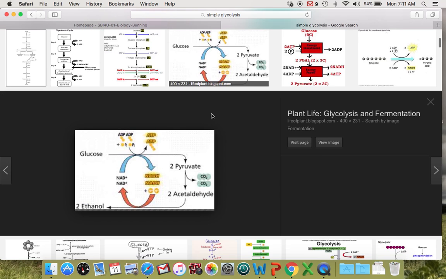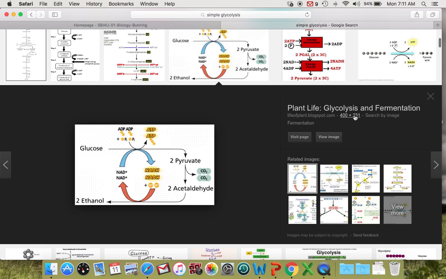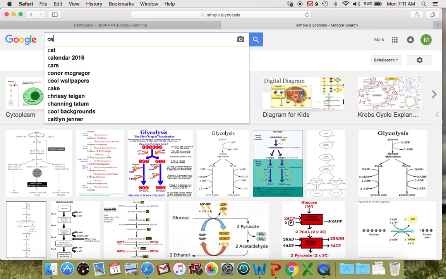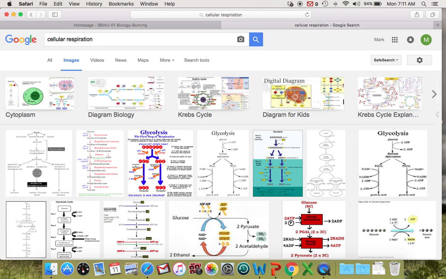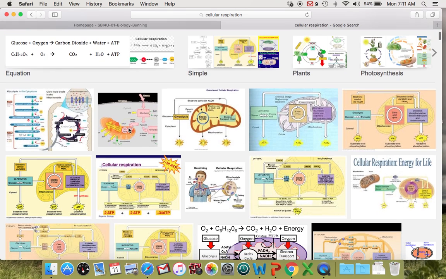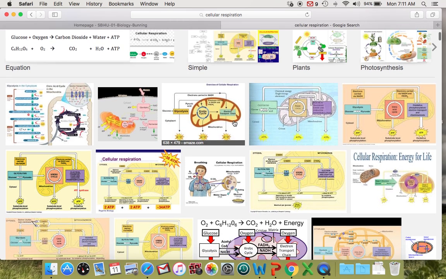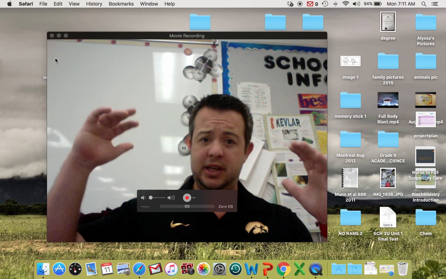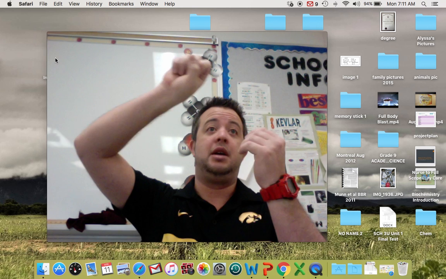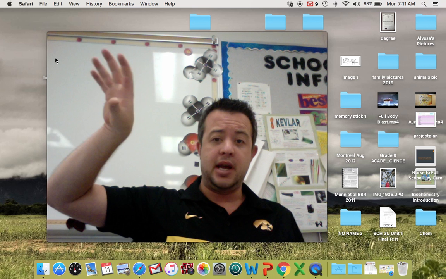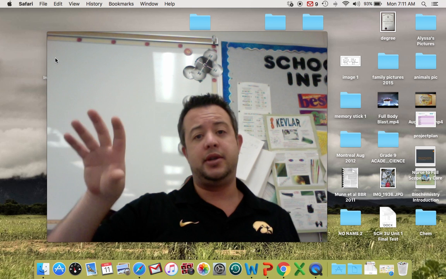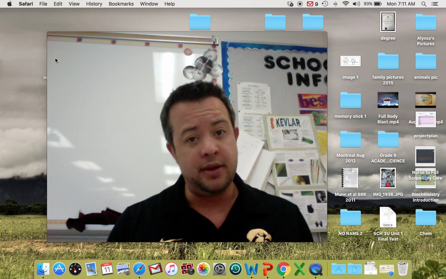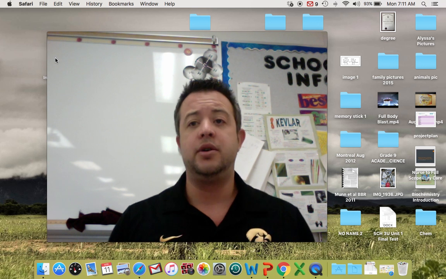This is a good one right here because it's kind of the level of detail that we need to know. And you could just type in cellular respiration, and there are some excellent diagrams in here that you may want to use. I would maybe even put together a list of these different diagrams: a glycolysis diagram, a pyruvate oxidation diagram, a Krebs cycle, an ETC one with chemiosmosis, and then maybe an overall one. Now, it's better if you hand draw them. It's always going to be better if you hand draw them,